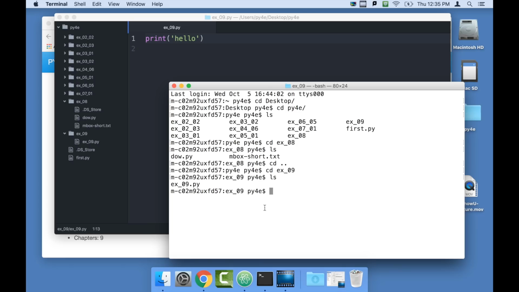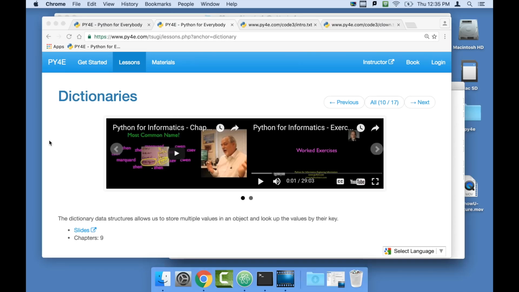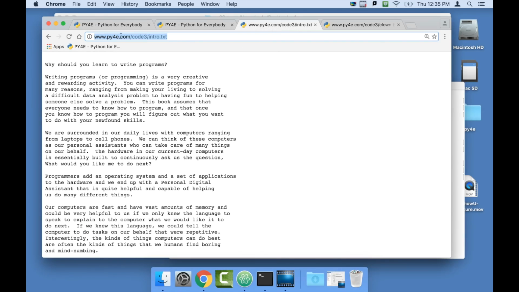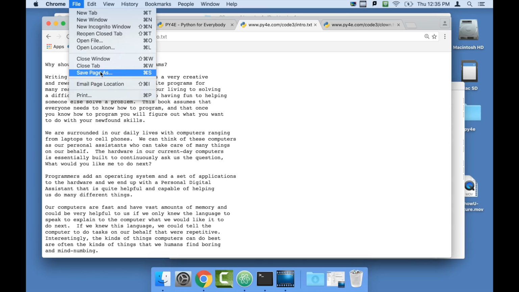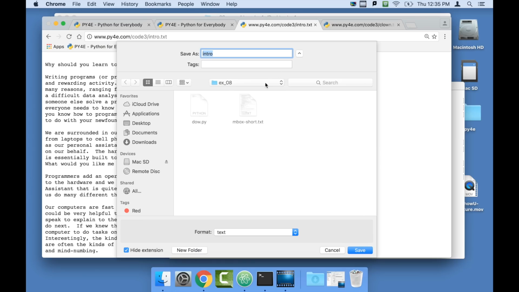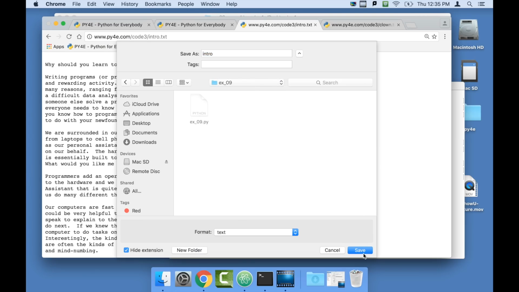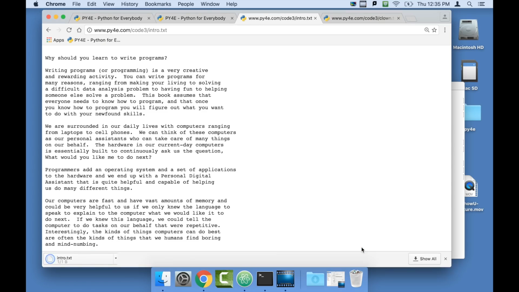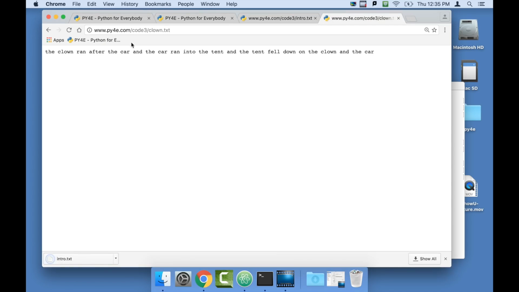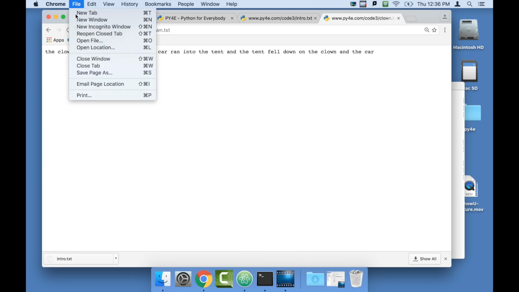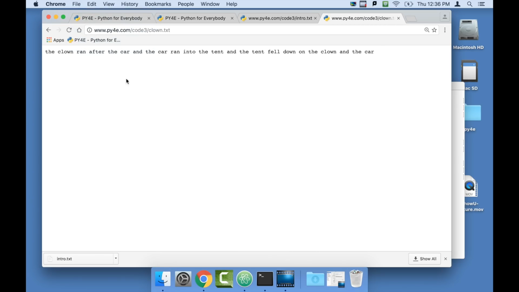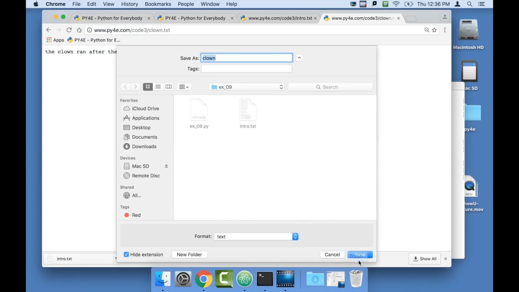Now I'm going to want to read some files, so I'm going to bring some files down. A couple of files, Python for Everybody Code 3 intro.txt. So I've got this URL, and I'm going to save it, save page as, and it's really important that I save it in the same folder as I'm going to write my code, just so that when I open this file it knows where it's at. So I've saved that one, and I'm going to also take this clown text. I'll use this to make my life simple, so I have a real short thing that I can show you